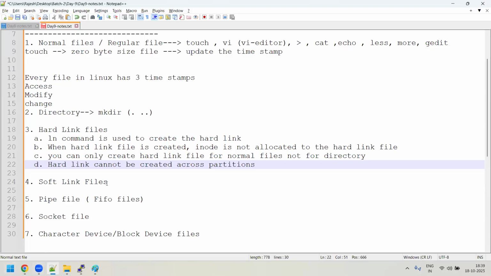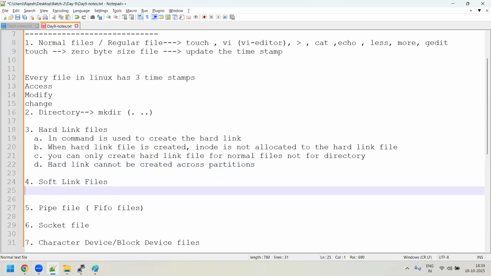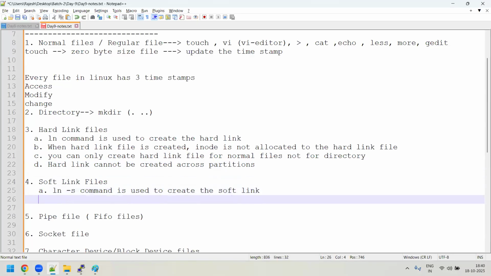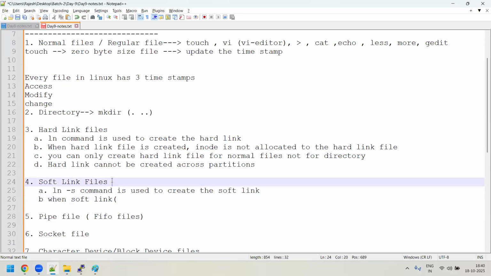For the soft link, the ln command with the -s option is used to create it. We can call it a soft link or a symbolic link, anything you can say.